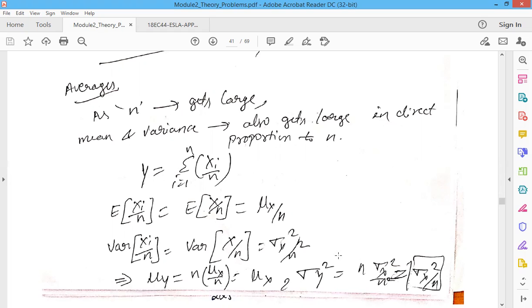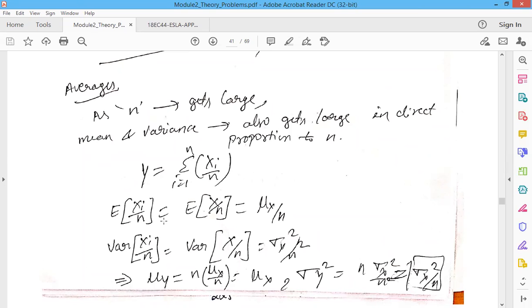In that case, we can introduce the variable y as the average of xi. So we can write y is equal to 1 by n summation i is equal to 1 to n xi, which can be rewritten as y is equal to summation i is equal to 1 to n xi by n. In this equation, we are going to multiply each term in the sum by the factor 1 by n, so we get y is equal to summation xi by n with i from 1 to n.